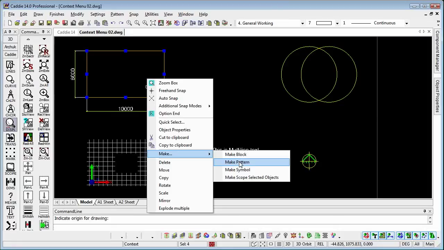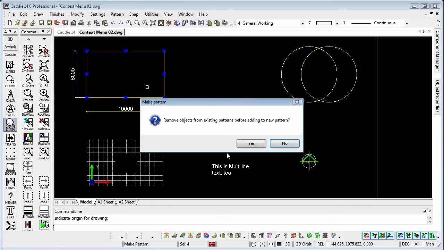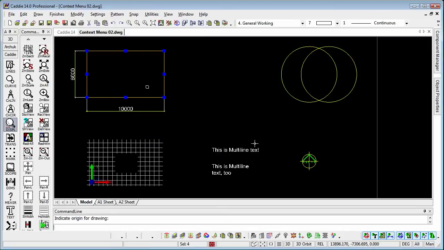We can have nested groups, so we can have, say, a table and chairs as a group with individual groups within that, patterns within that for a table and a selection of chairs, which can all be treated independently. The objects can all be accessed directly because they're not within a block. So we'll say make pattern. If the objects are already within a pattern, we can remove them from that, or we can retain the original pattern grouping. So I'll say yes and then press escape, and what we notice is if we pick individual objects,